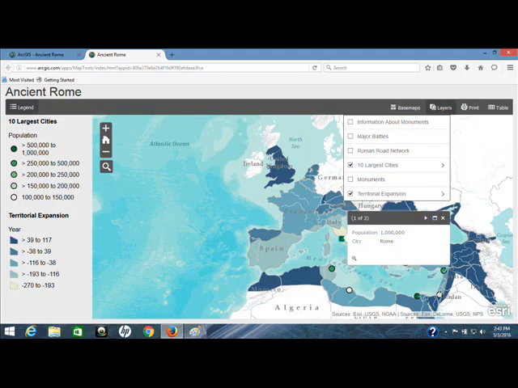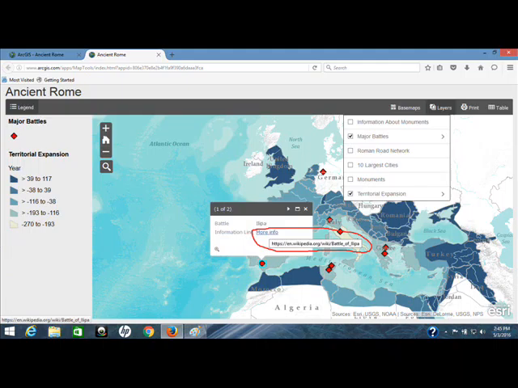In this slide, the students have been instructed to add the layer of the 10 largest cities within the Roman Empire. And this is also demonstrating, again, a feature in the interactivity of the story maps: the symbols that you place can hold data, and when you click on the symbols, that data can be seen. So you can see the pop-up here, and you've got the data which is in the cities layer, the name of the city and the population. With this question, the students are asked to identify the largest and the smallest cities of the 10 top cities in the Roman Empire.